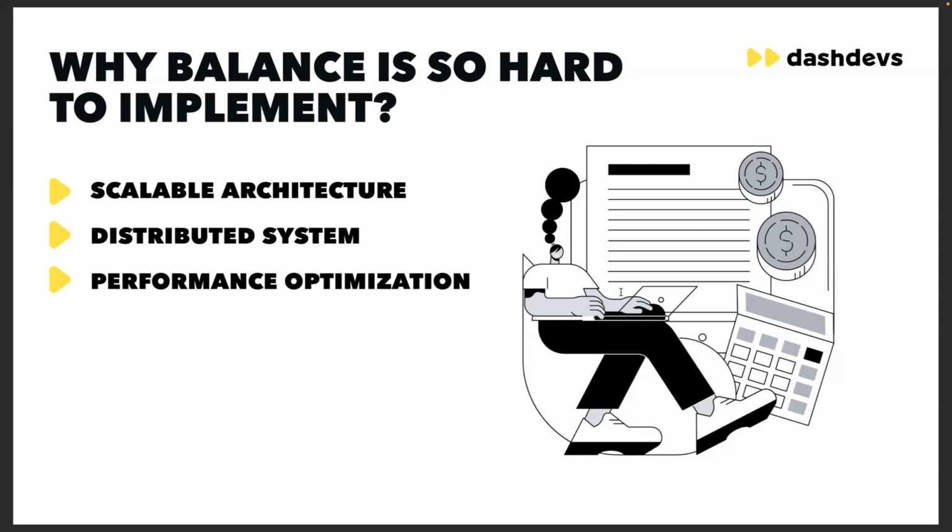So on one hand, you need to scale architecture, but on the other, you need to know exactly what the balance is at a specific time, with specific quality and timing requirements, because the POC is asking you for the answers in real time. And a third question is performance optimization, because even if you're meeting scalability, you are meeting distributed system locks, which